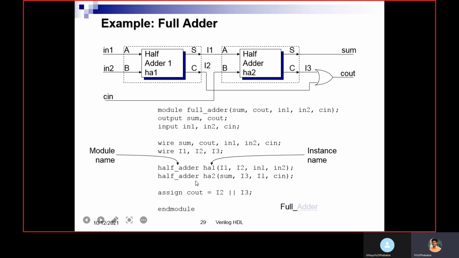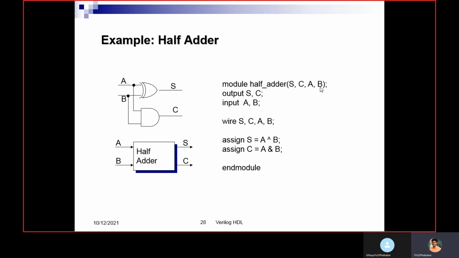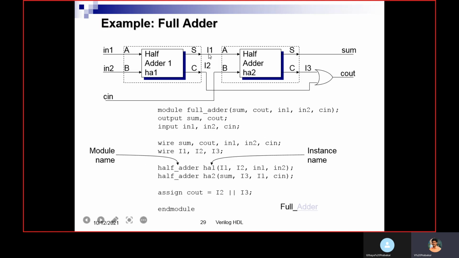The same half adder I am instantiating here as HA2. Input A here is nothing but I1. The I1 I am getting here as output, that I am giving as an input here. For B, we are giving Cin. Then sum and carry: this is sum, and this is the output.